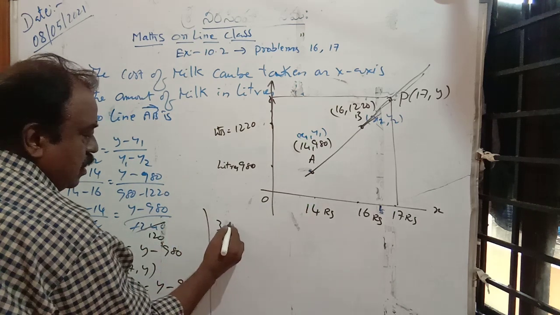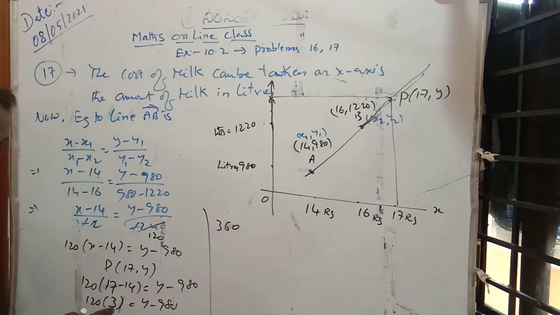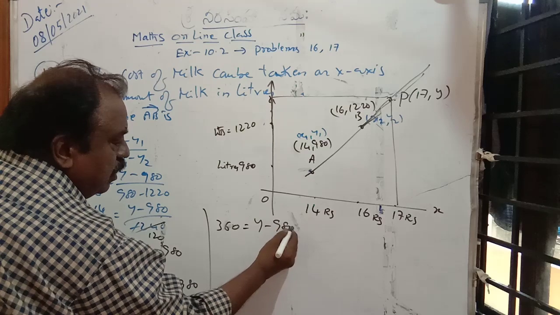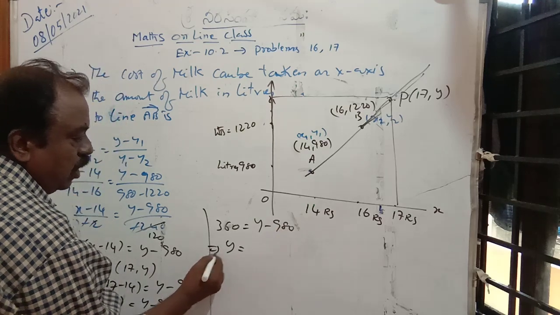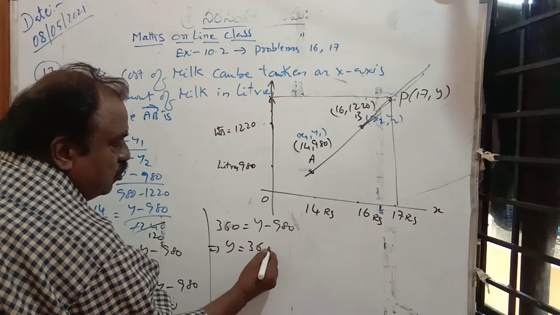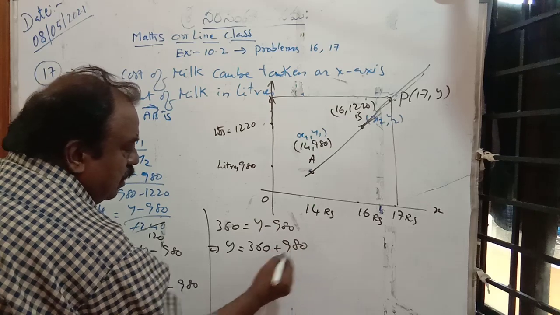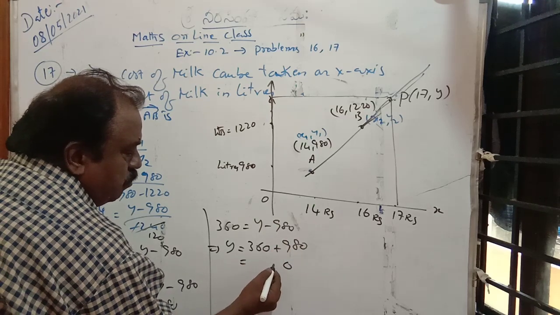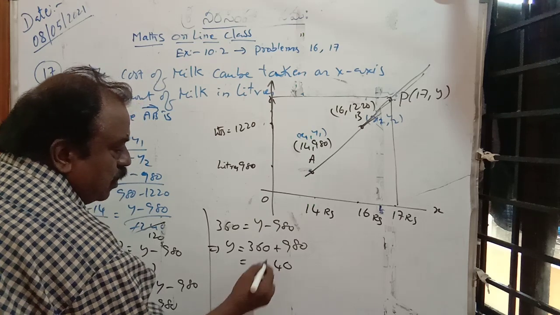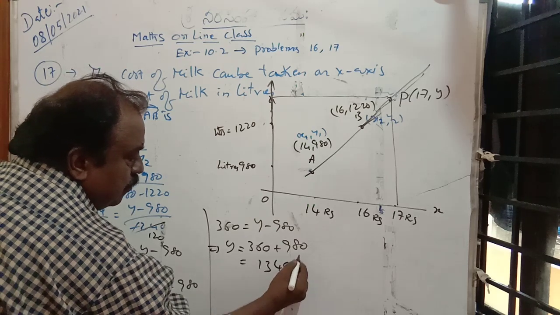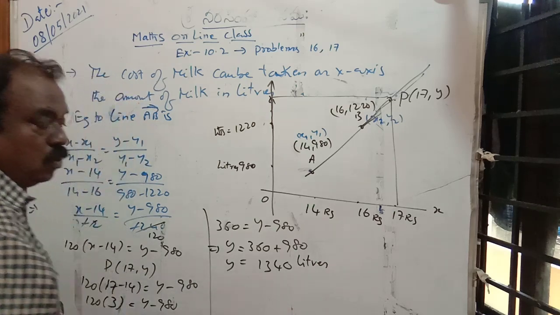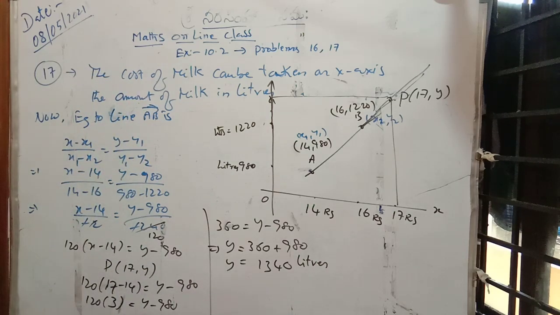It is 360, 12 3 is 36, 0, is equal to y minus 980. But we need y only. Y is 360 plus 980, that means 0 plus 0 is 0, 8 plus 6 is 14, 1 plus 9 is 10, 13, 1340 liters. So y is equal to the demand of,